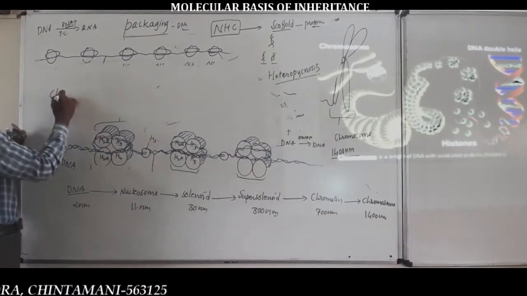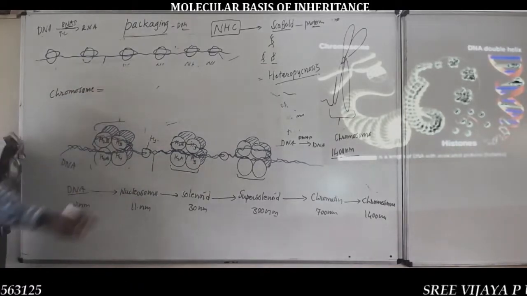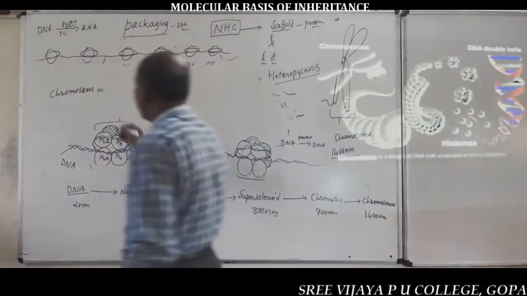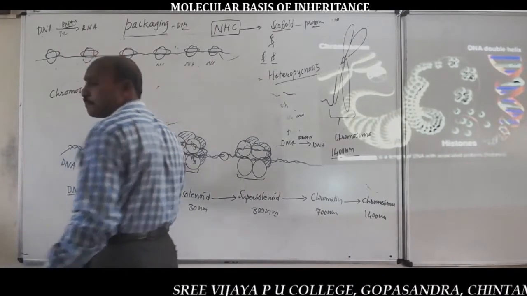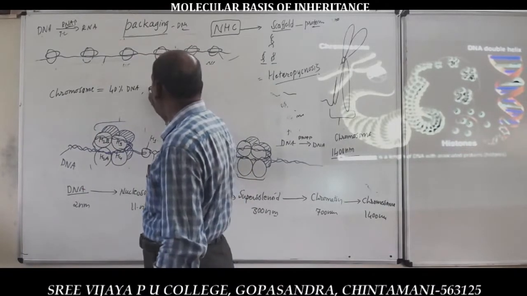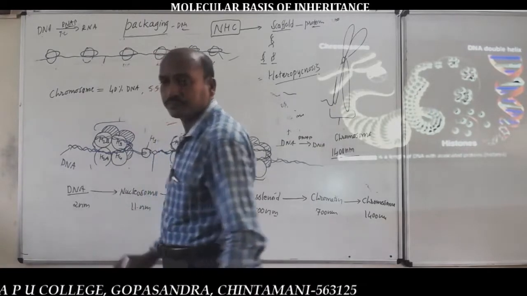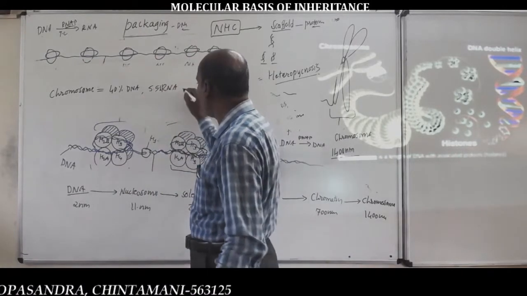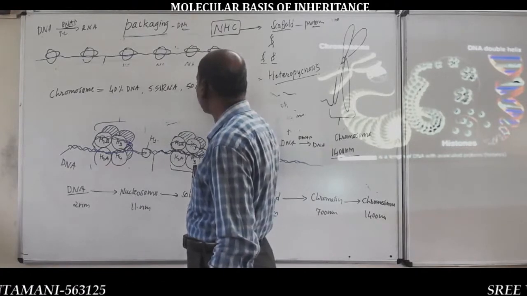So the chemical composition of a typical chromosome is, listen here, it is made up of 40% of DNA, important, 1.5% of RNA, and 50% of histone proteins,